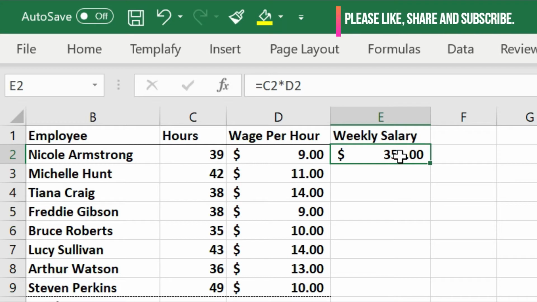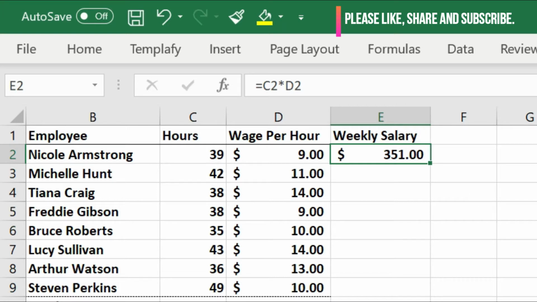Okay, so this is basically C2 into D2, right? Wage per hour into the number of hours Nicole has worked for that particular week, and this is our result. So it's like $351.